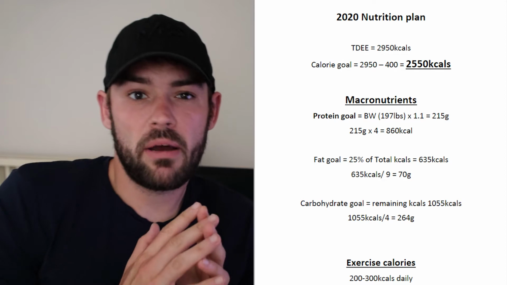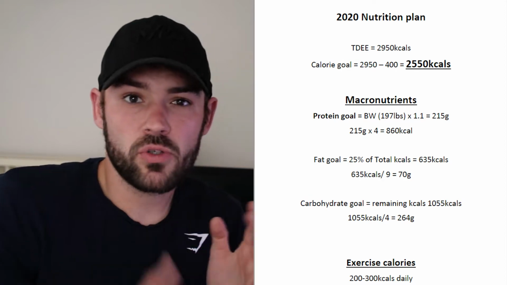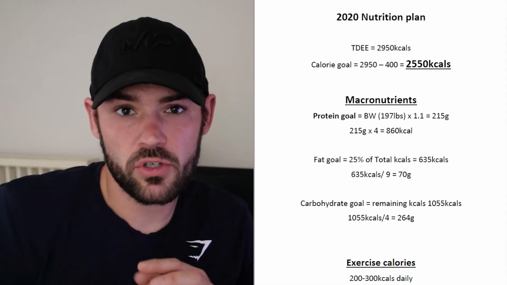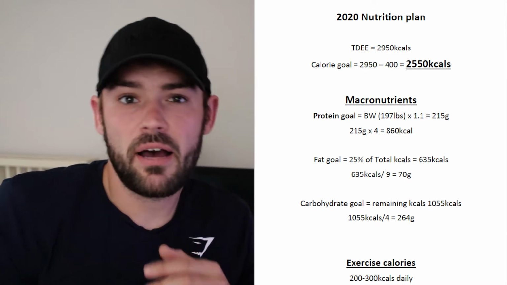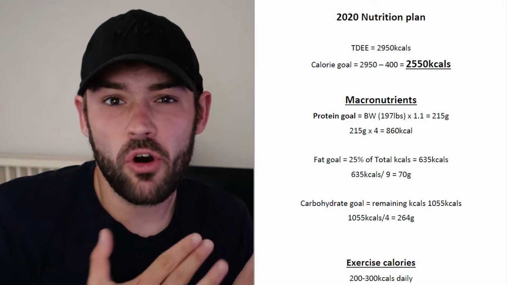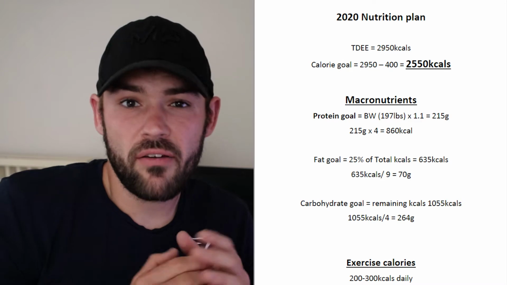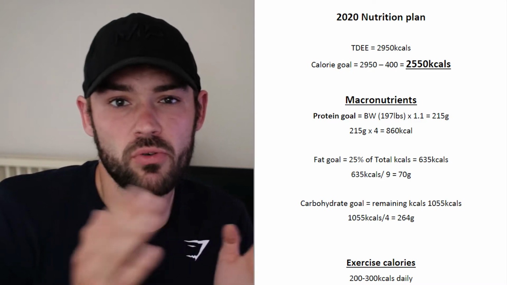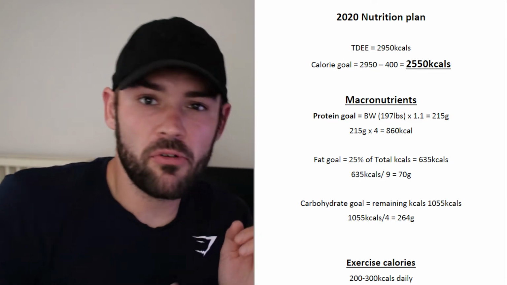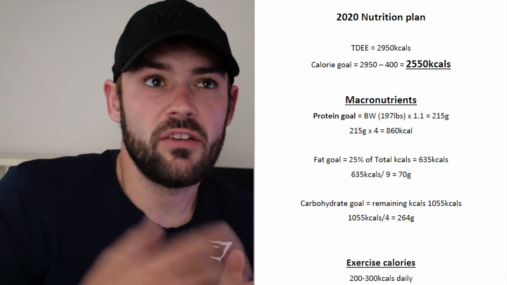So to work out my protein goal, I get my body weight in pounds, which is 197 pounds, as you will see on the screen there, and then I times that by 1.1. You can times it by 0.8 to about 1.2. That's like the normal range people do it between. I like to go a little bit above 1 on this one, just to give me a little bit extra